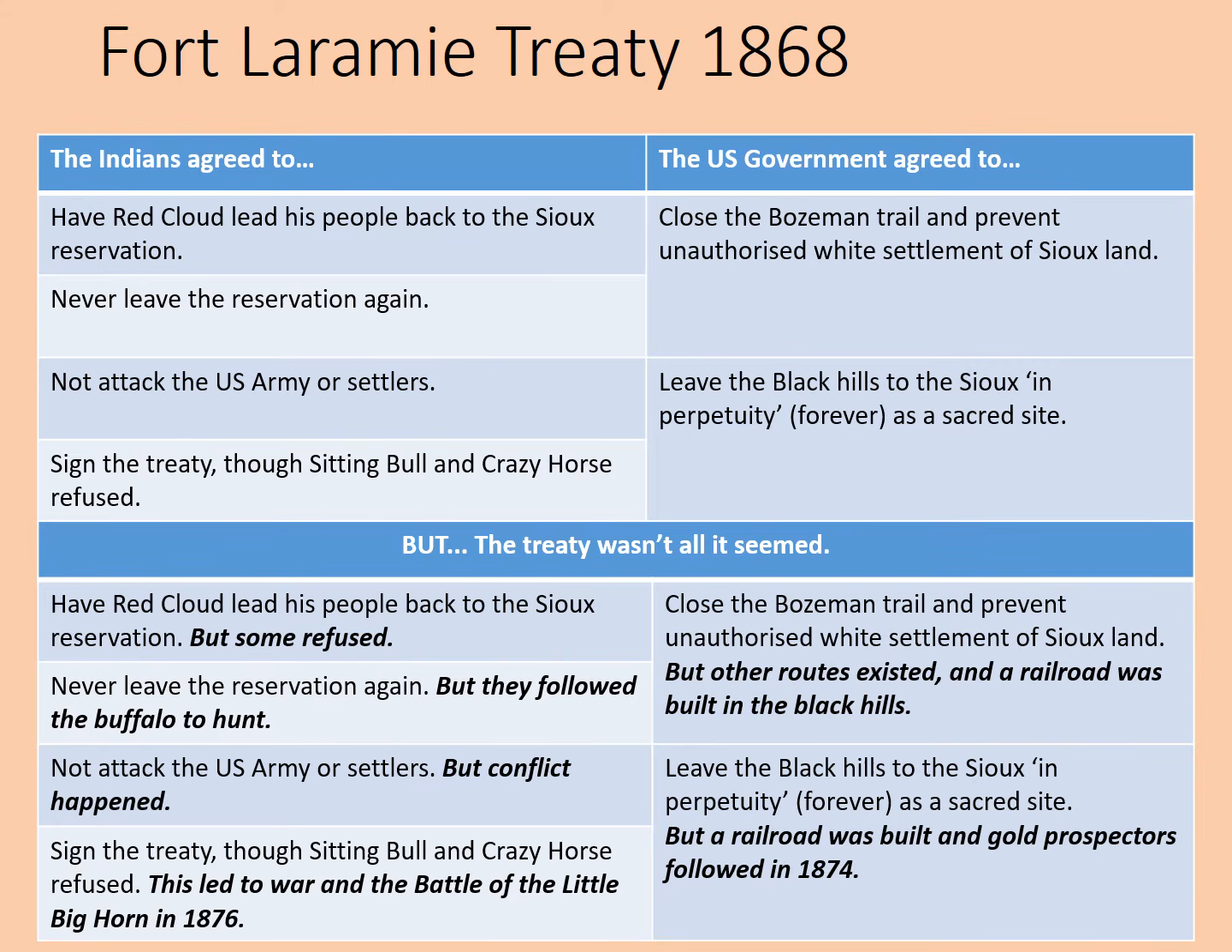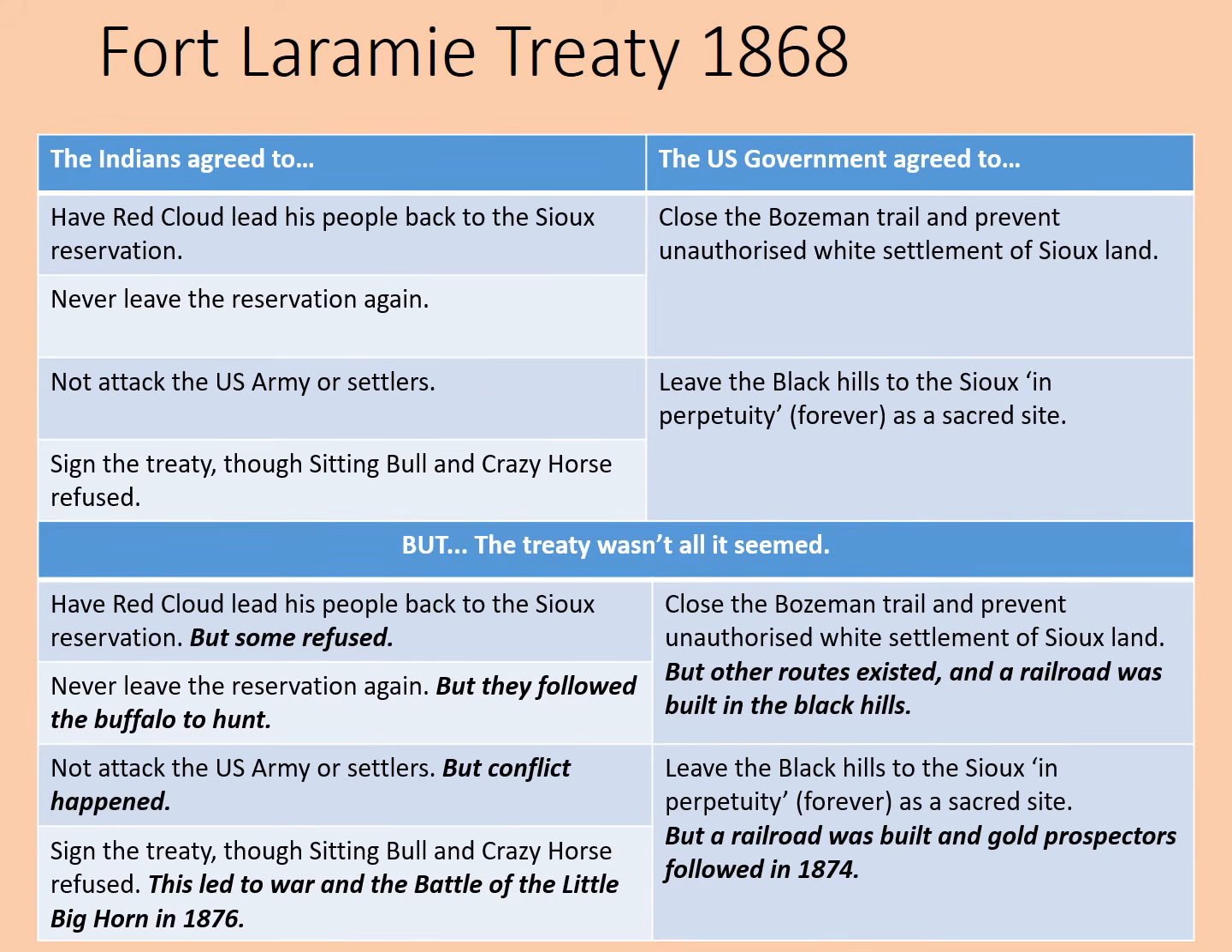They also agreed to never leave the reservation again, but they followed the buffalo to hunt. They'd been led to understand that they would be able to hunt the buffalo, but that wasn't necessarily how the US government saw it. They also agreed not to attack the US Army, but conflict still happened when they came into conflict with, for example, settlers. And although they did sign the treaty, the fact that Sitting Bull and Crazy Horse did not led to war and the Battle of the Little Big Horn, which we'll be looking at in detail in the next